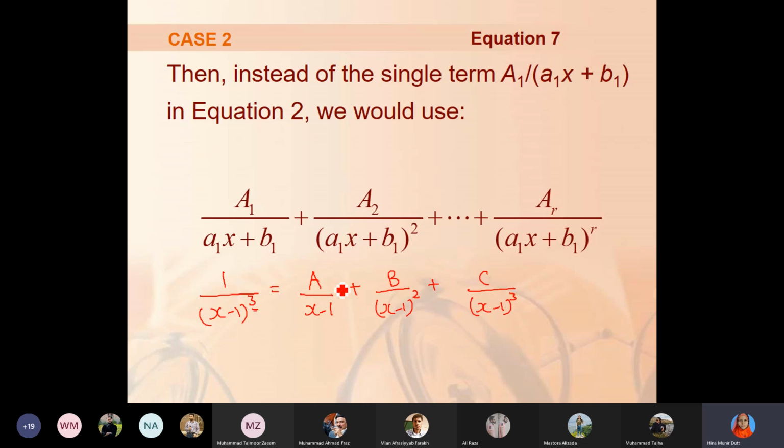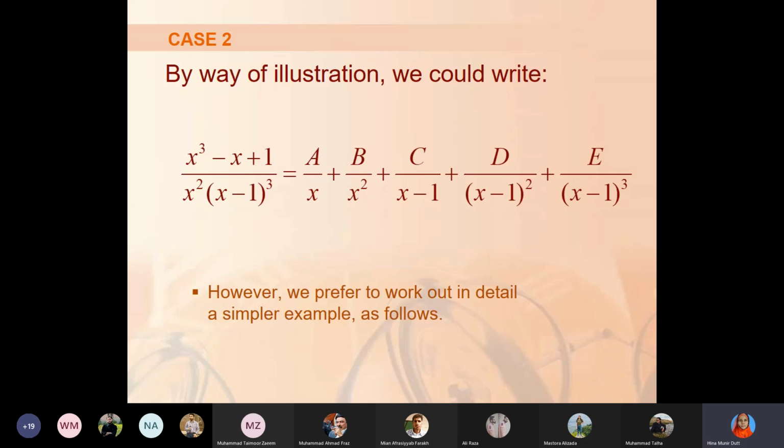Now I have to determine these 3, A, B, C, by comparison method. I can determine A only by the shortcut method, by putting x is equal to 1. Okay. So this is the case for second case. That is, if I have this for illustration, x cube minus x